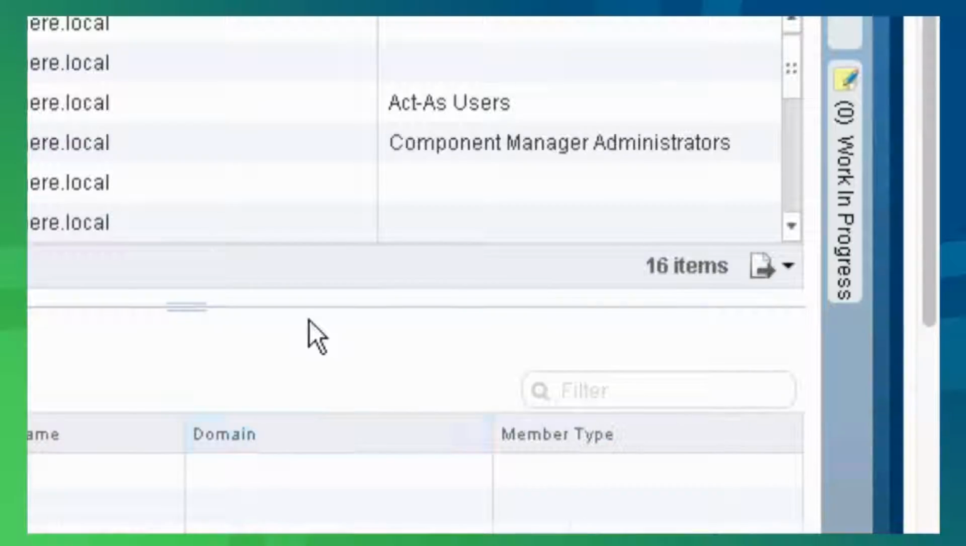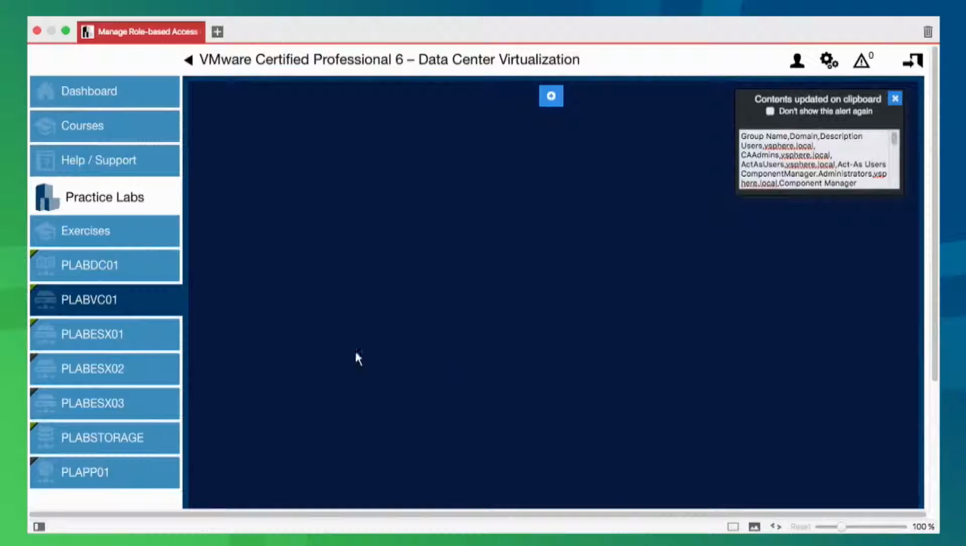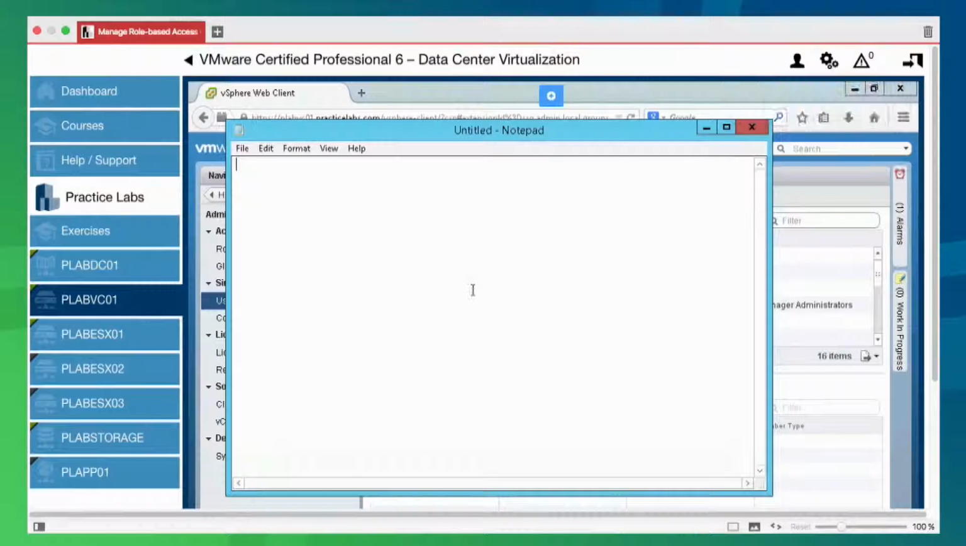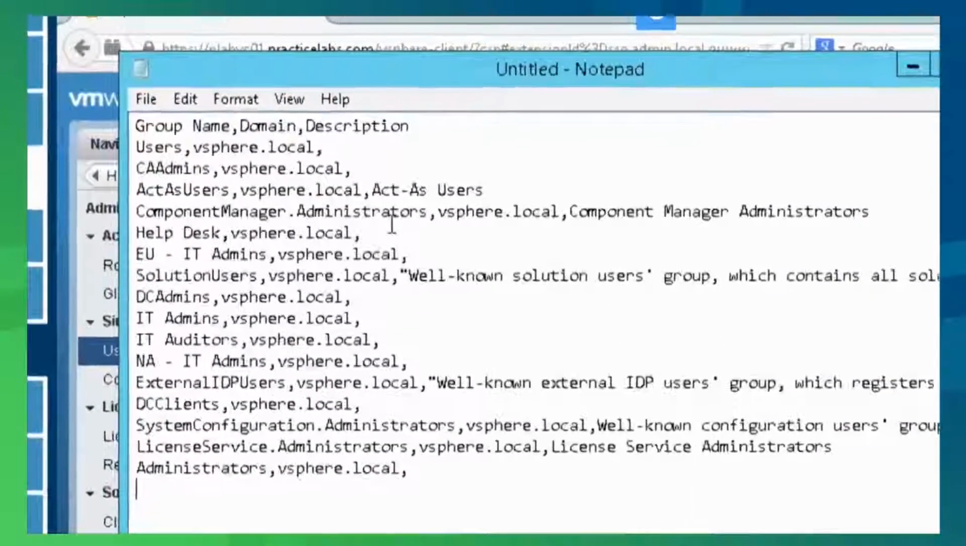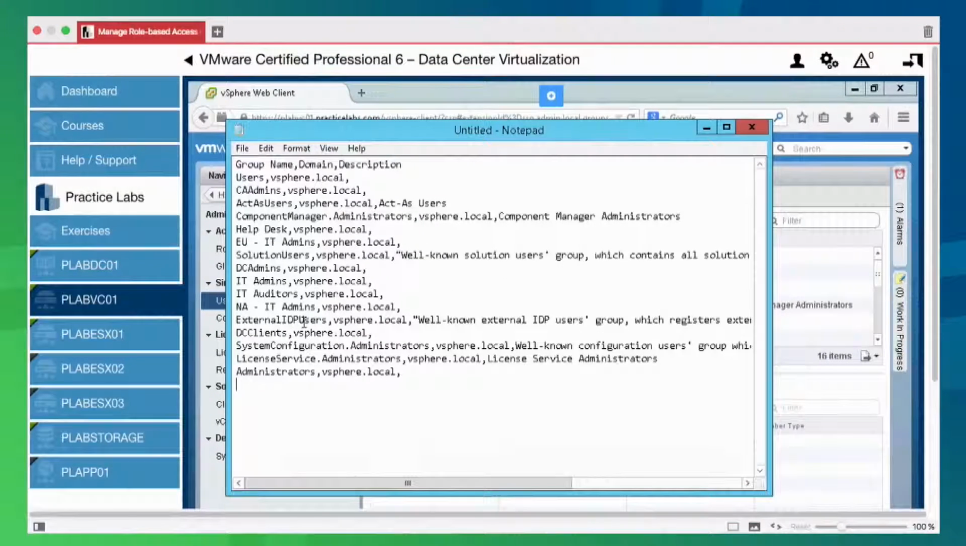So for example, if I copy all and then I fire up something like Notepad, I can view that as soon as I get into Notepad. And in Notepad, I can attempt to paste it. There we go. And so what you see is group name, domain, description, users, vSphere local, and then it starts to list out all the user accounts that we've got and where they're coming from. It's not the most incredibly useful thing in the world, which is probably what you're thinking right now, and I'd agree with you. But it is possible and it shows up on the exam. So this is literally something I've never once used in production, but